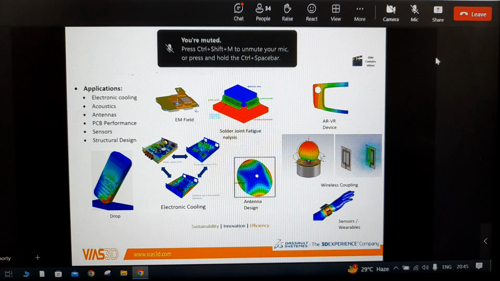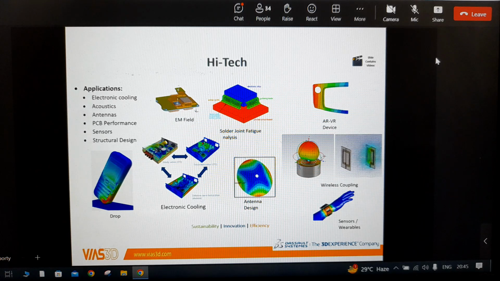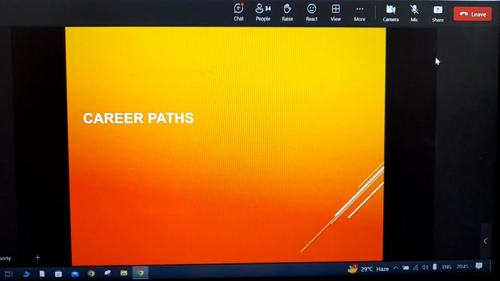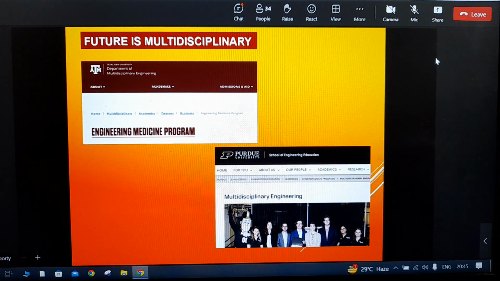We'll share this slide, I guess, so you can just take a look at it. So these are career paths. I just wanted to show that what I'm telling you is not just that I did something and I'm sharing it. Maybe this is the way the world is doing the same thing.